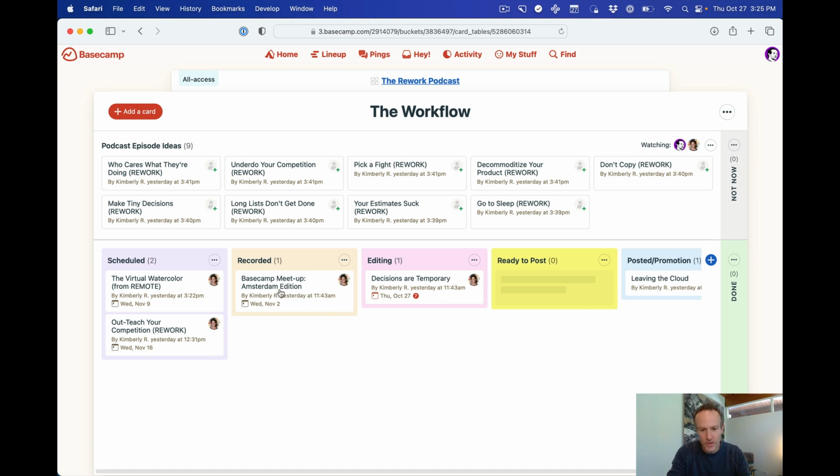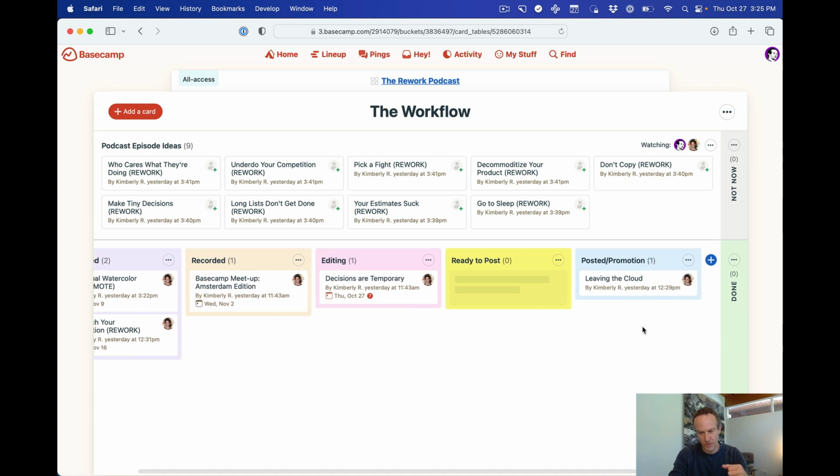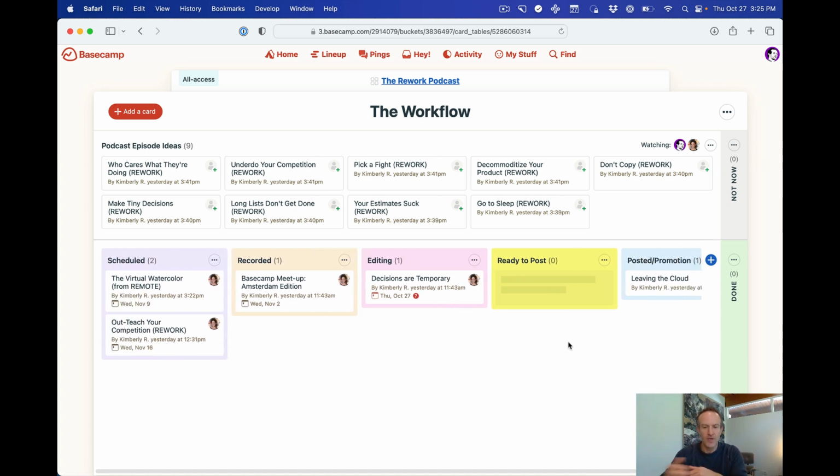This is one that's been recorded, editing, ready to post, nothing yet, and posted and promotion. So these are the stages that we have set up. We just recently started using the card table for this, so it's not that fleshed out, but this is a good example of where people can drop in these things, and then we can move them down and take them